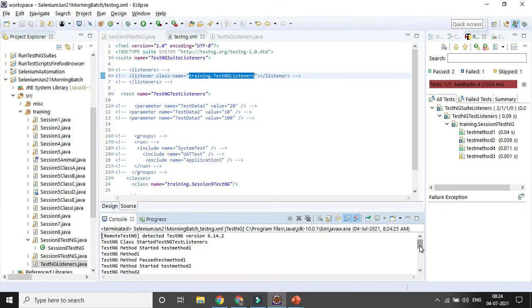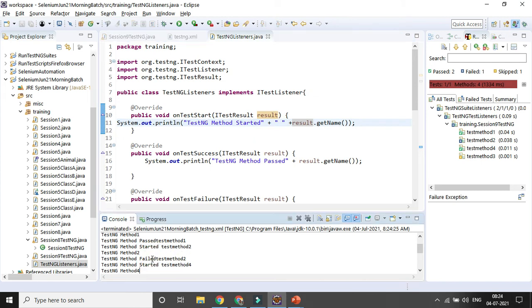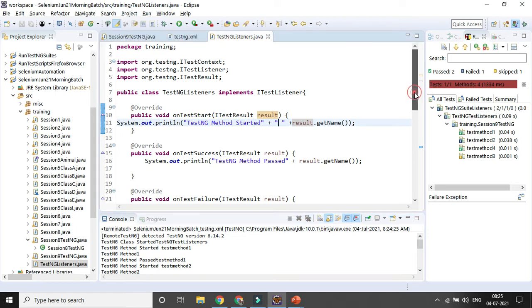You can see it is coming. For the pass part I have given the space, you can see the space is coming. Test method started, for the test method started I have given the space, so it is coming. So that's the way you can change it, but in the real-time framework we will be adding more important aspects in the listener class. This is just high-level knowledge you can gain, how it is interlinked with the TestNG framework, but here I will be giving more things so that it will be captured in the screenshot. In real time, if you navigate to something, it will capture the screenshot.